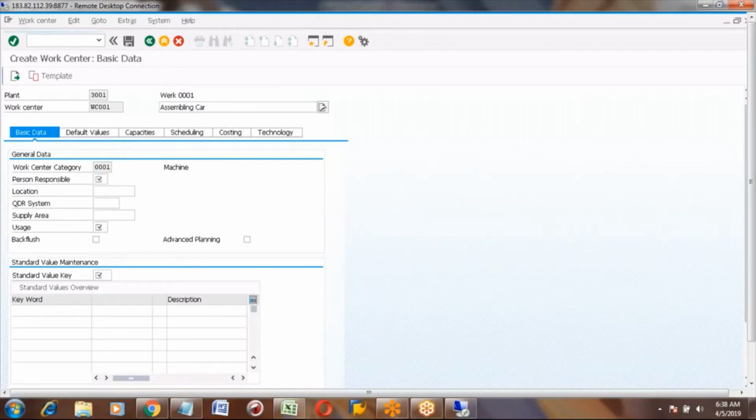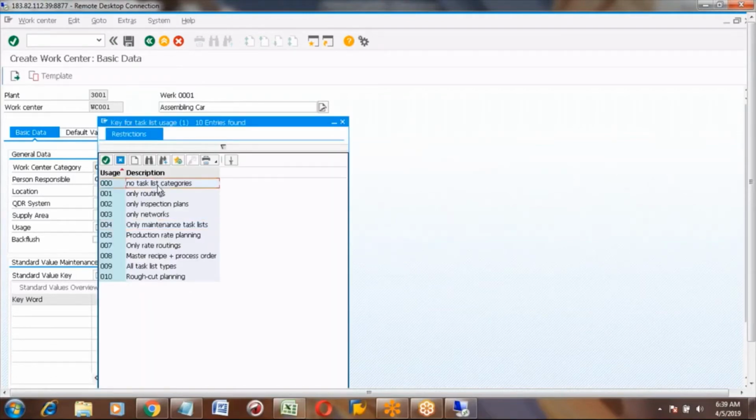And then usage. This work center can be used in multiple areas, like BOM, inspection plans, routings, networks, rate routings. All these are applications, so where we are using this work center, we need to maintain.